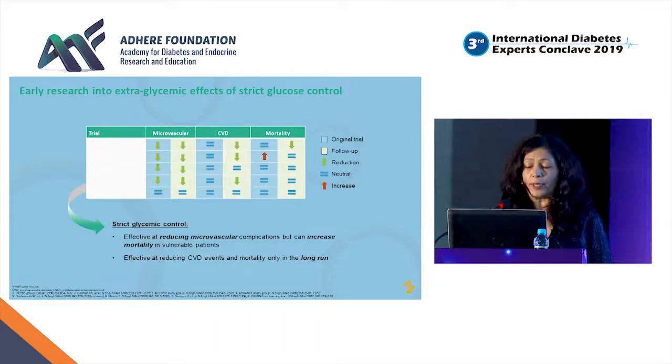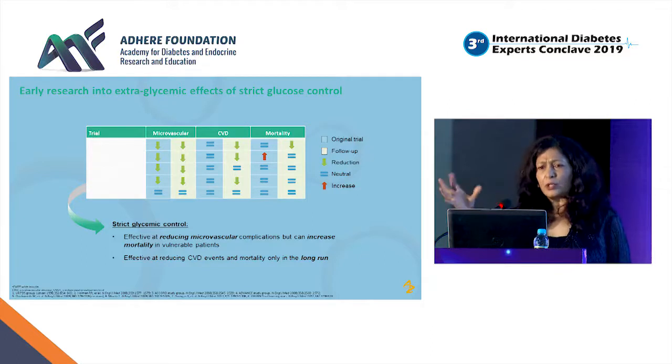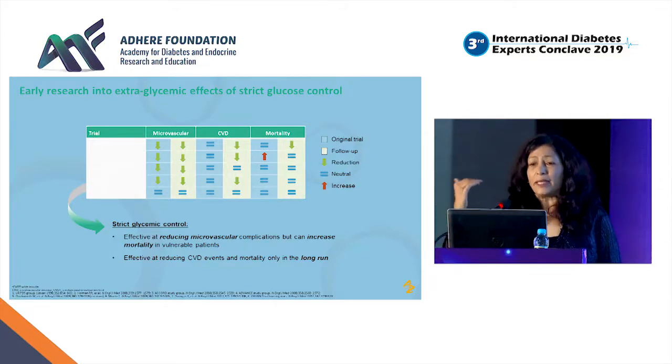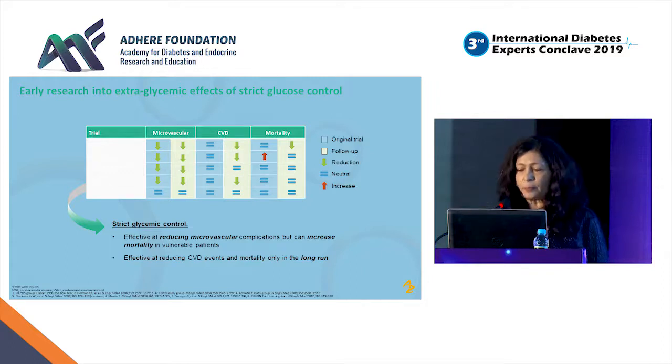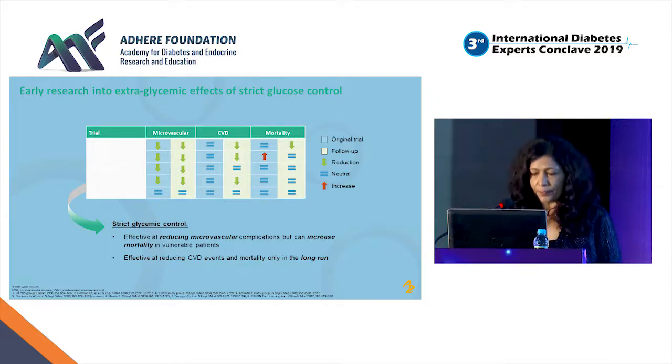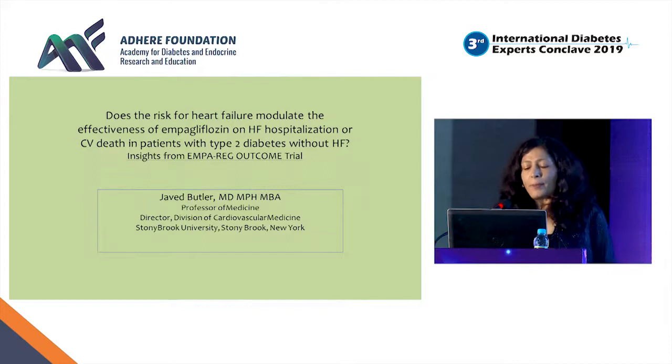Actually, in the follow-up of ADVANCE, it reduced nephropathy. The VADT again showed a slightly increased risk. ORIGIN with glargine was neutral. So strict glycemic control has some evidence giving insights into cardiovascular risk, but no one studied heart failure. Butler's paper in the EHJ two years back actually showed us that when empagliflozin was used,